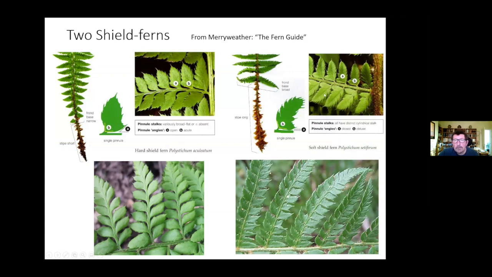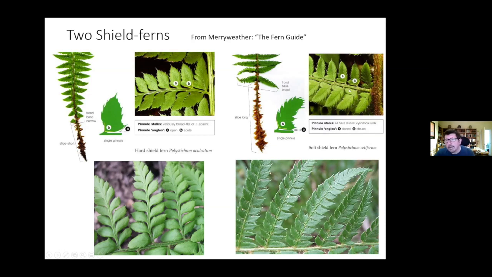They have the Polystichum, and this can be identified by this thumb. At the bottom of the pinnule, you have a big lobe of tissue which sticks out and looks a bit like a thumb. It has it on this one here and this one here, and that's a fairly good method for identifying Polystichum in the field. It's a good key character. It also has these little spinnules on the top. These are little tiny sort of hairy projections called spinnules at the top, which go around there. In Polystichum setiferum, the pinnae down the bottom, we always look, and we need to look at the bottom of the